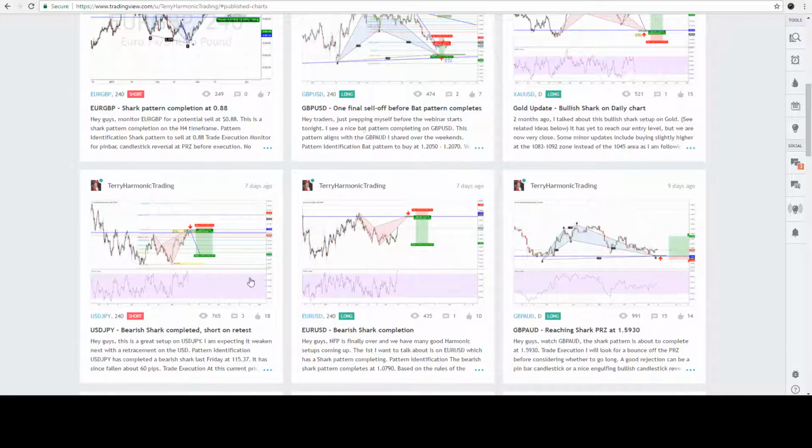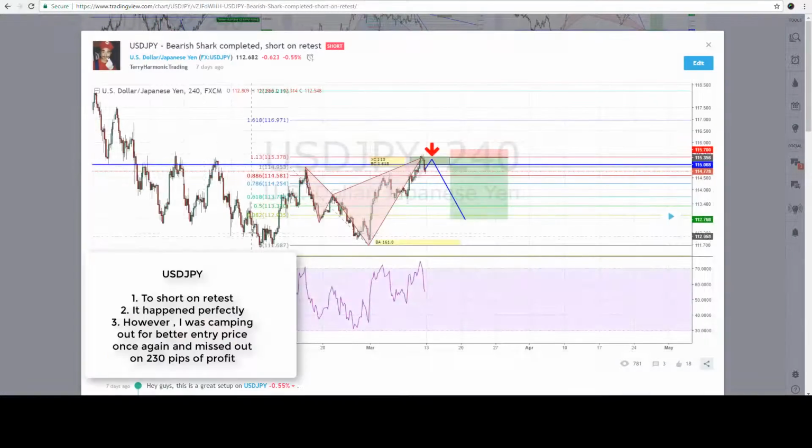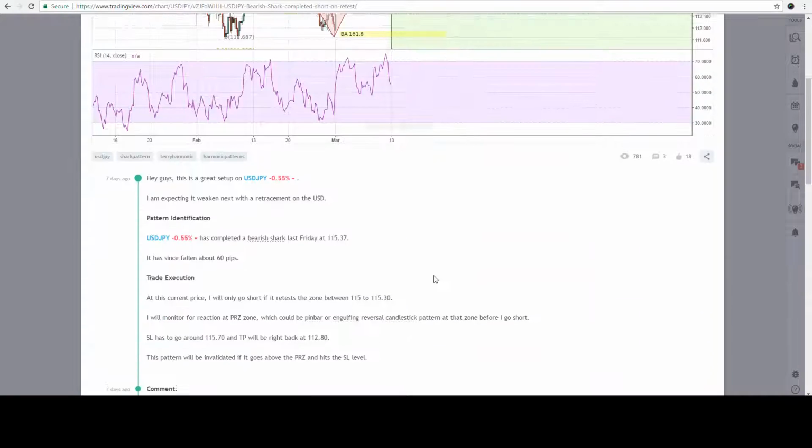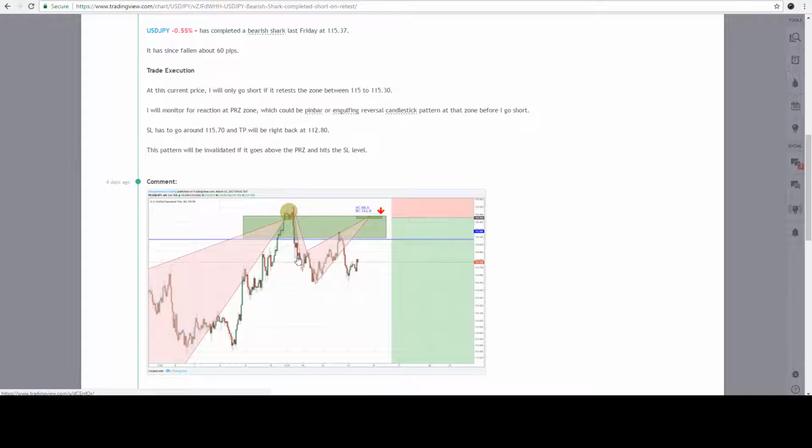Okay, the second setup that happened was on dollar yen. I was telling everybody to wait for a pullback into the 115 to 115.30 zone before a short, and this was actually what happened. It really did a nice pullback into the zone, and it just dropped and hit the profit target at 112.80. But my problem is that for this trade, I was waiting for this M15 pattern to complete. I was being greedy again. I was trying to get in at the best possible price once again. And what happened was that I missed out on about 220 pips of profit,